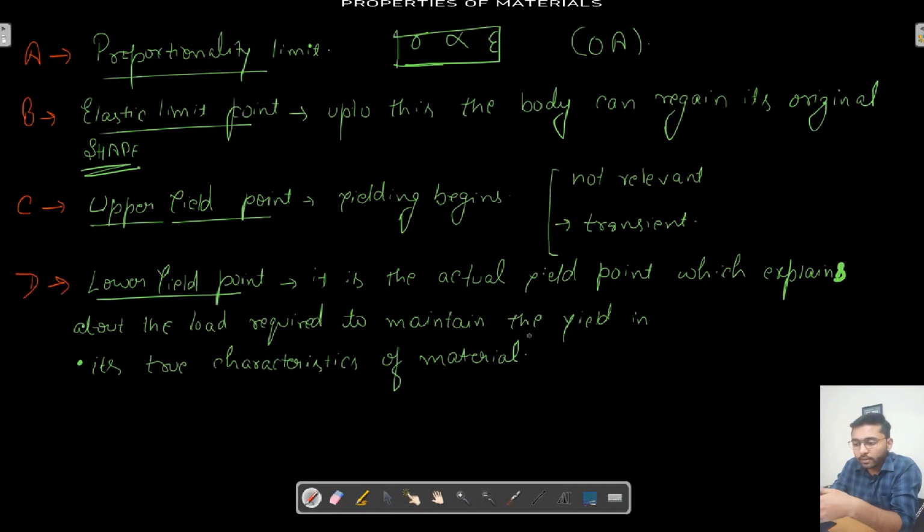Now what are these true characteristics? Yielding is something which we use in order to design our material. Suppose we have to design a building, a bridge or something else. What should be our point of concern? Our point of concern should be the yield point, and we can easily obtain two yield points in mild steel, the upper yield point and the lower yield point. But which one is given more preference? The lower yield point. So we can say that the lower yield point tells us about the load which we apply and get the yielding.